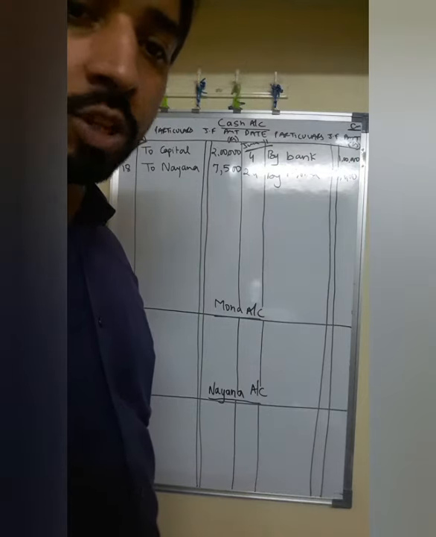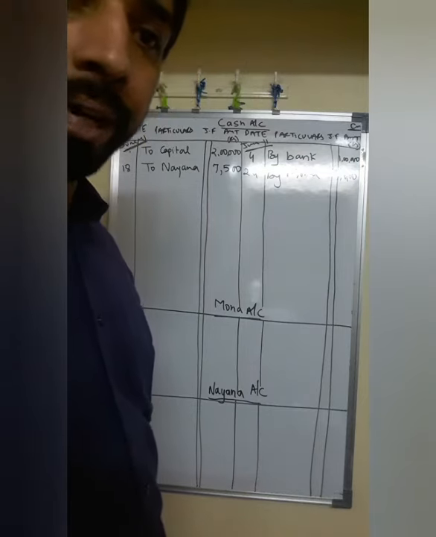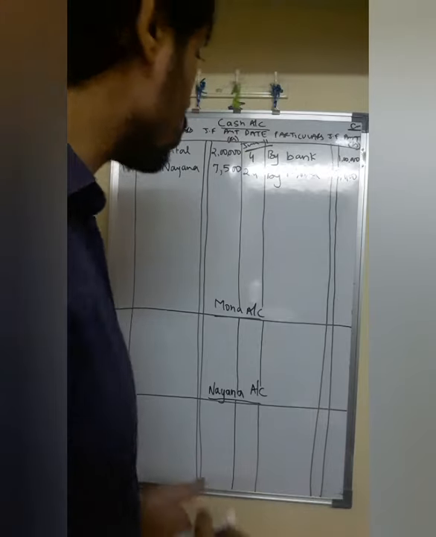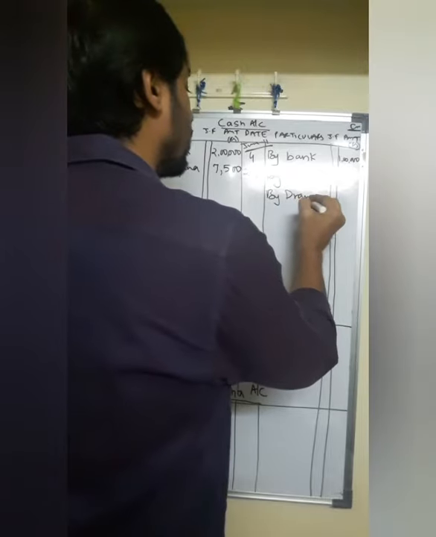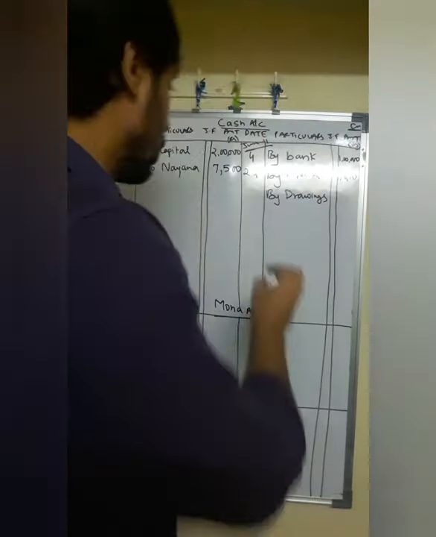Fine. Let's go ahead. Next 26th is what? Drawings account debit to cash. Okay, again cash is credited. So we'll go on the credit side and here we record by drawings. What is the date given, students? 26th. By drawings. What is the amount here? There is only one amount, so there is no such confusion. It's 2,000.